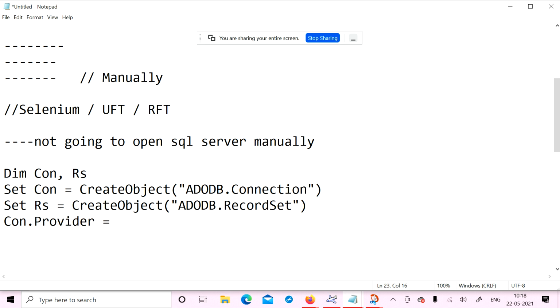It's mandatory to open the database. If you want to select the database, you need to specify the provider name. Connection.provider equals Microsoft.jet.OLEDB.4.0. This is the provider name for MS Access.